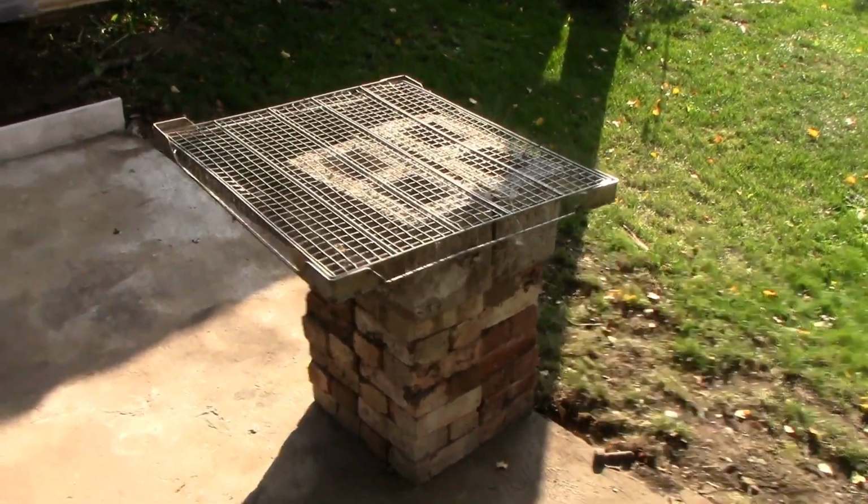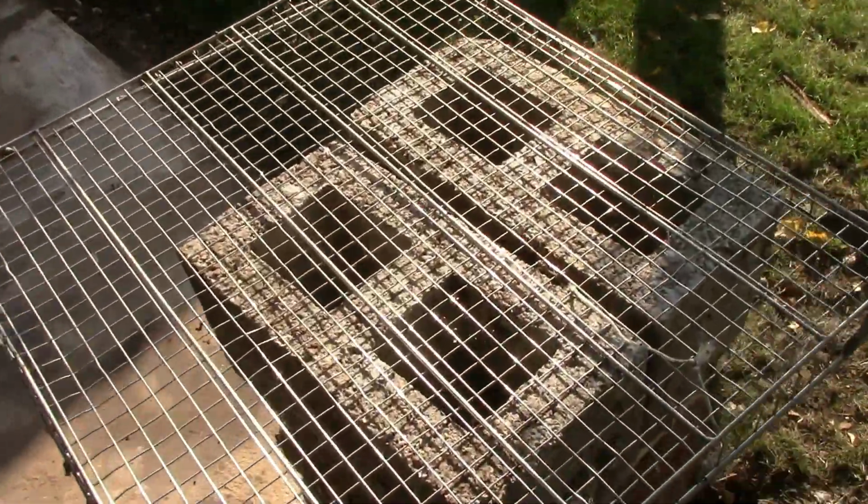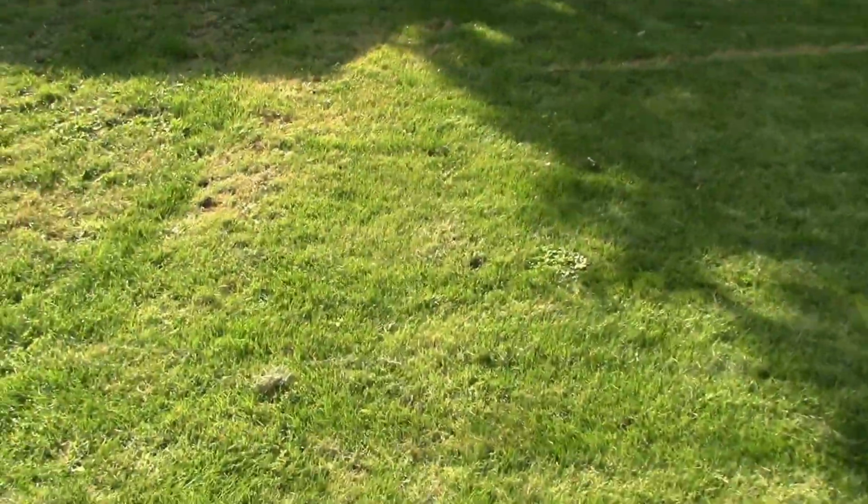So I'm going to work on that. Just look at the size of the grill. It's going to be awesome, right? And over here, ouch, got to take that out, where the shed used to be,